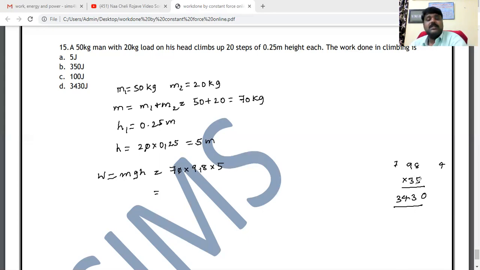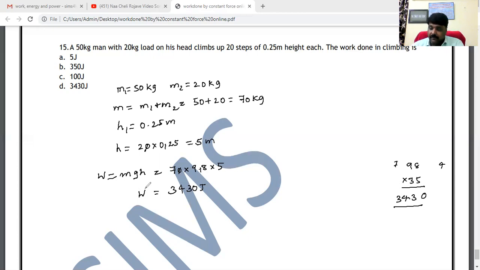This is one step multiplication, which I explained in my channel previously. You can go through it if you need it. And our final answer here is